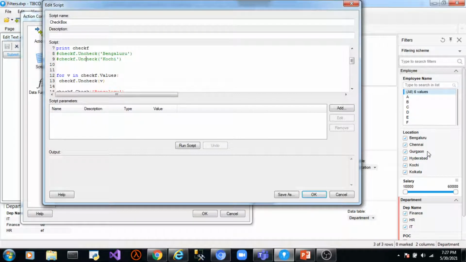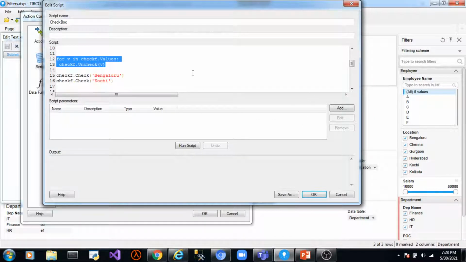Because all the filters are checked initially, we need to first uncheck all the values. So how do we uncheck all the values? We loop through all the values. How do we get all the values first? Using this property values of the checkbox filter class. This returns a collection of values in the checkbox filter. Now we loop through the values of the checkbox filter one by one. We uncheck all the values by passing each value to the uncheck method. So through this snippet, all the values get unchecked.